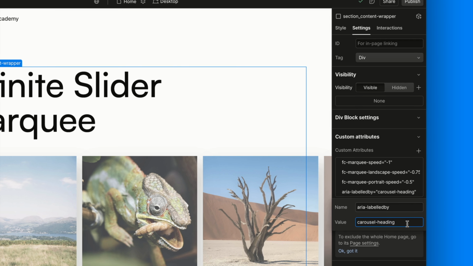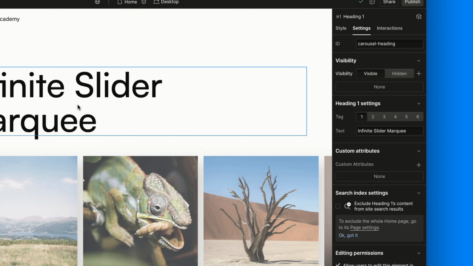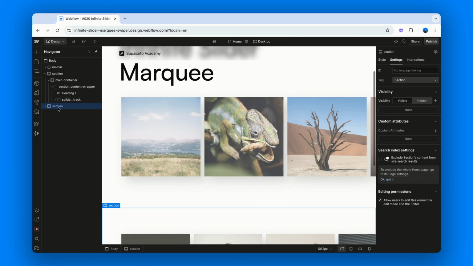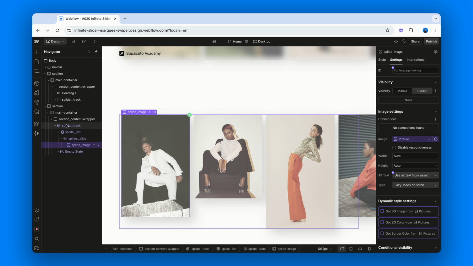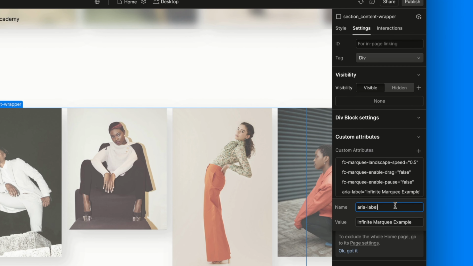In our case, aria-labelledby equals carousel-heading, with ID equals carousel-heading on the heading. If there's no visible label, like in our second CMS example, you can simply add an aria-label attribute instead, like